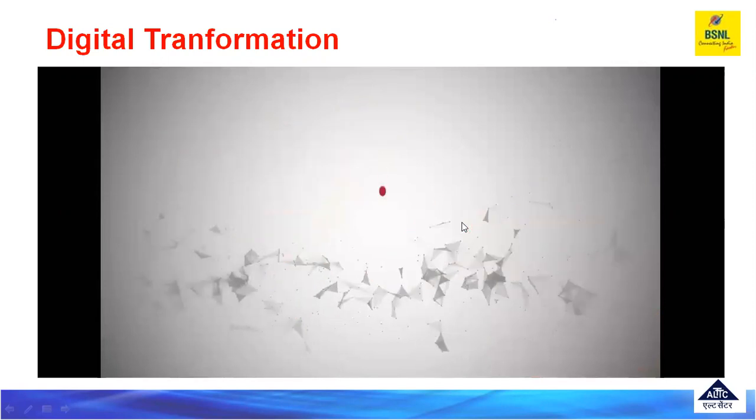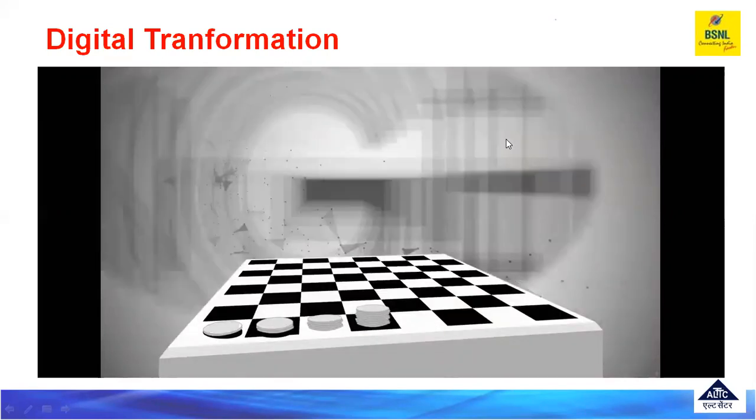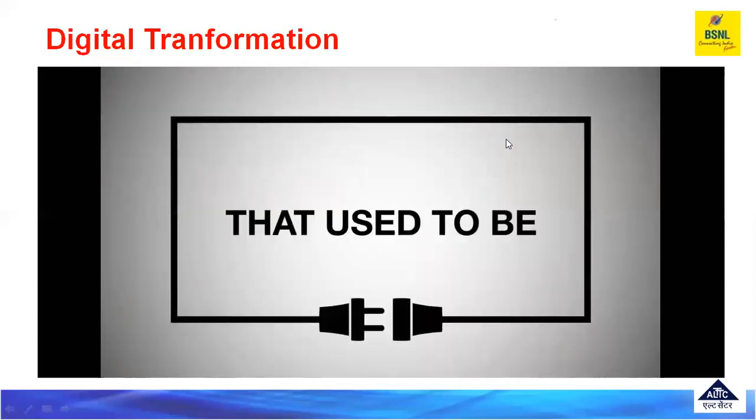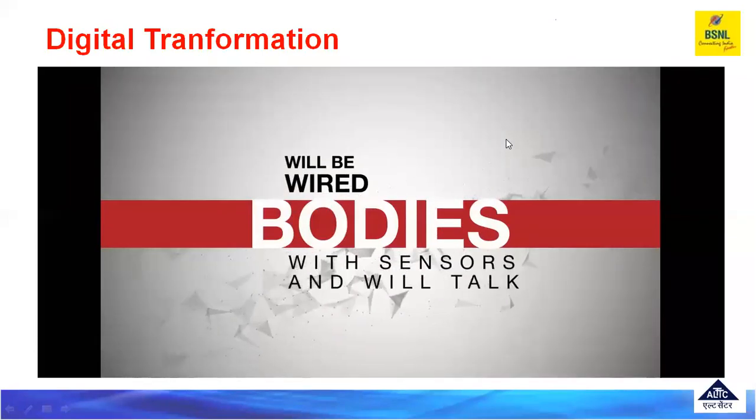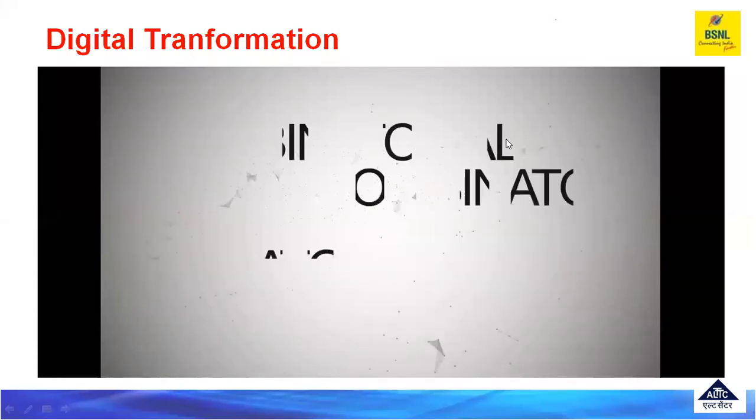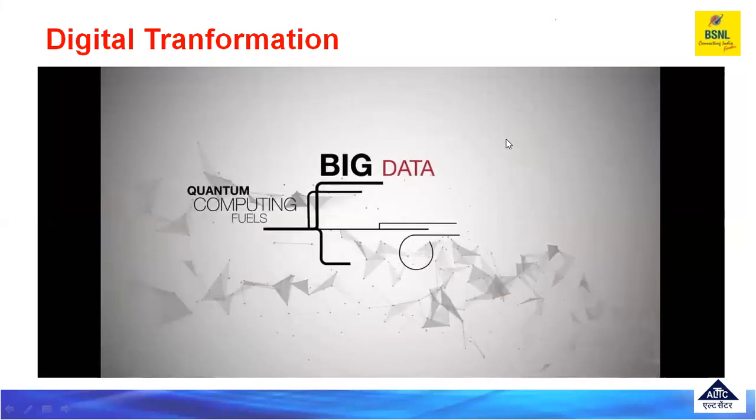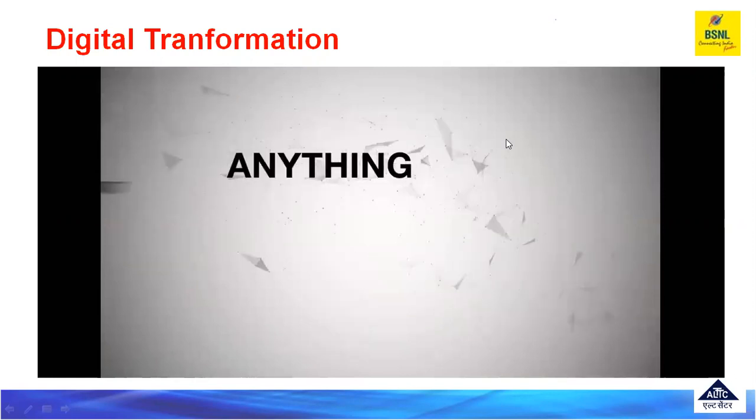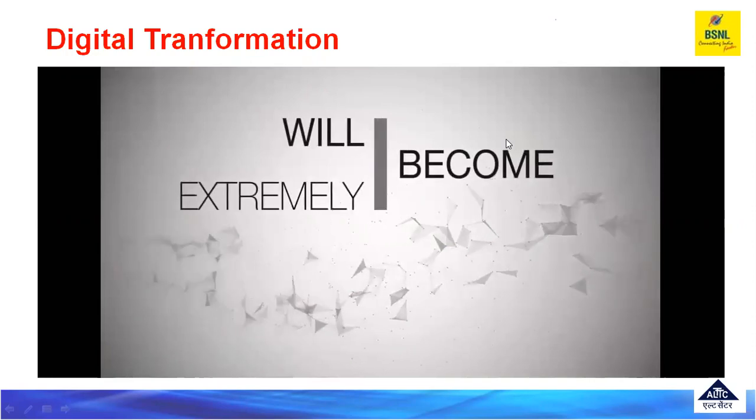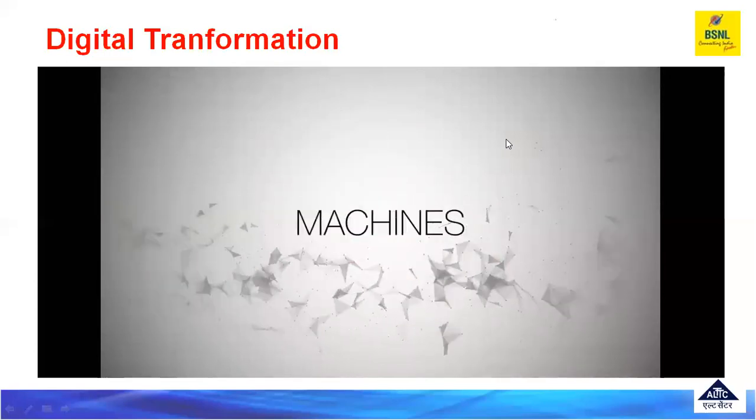Disruption has become the new normal. With change, it's always gradually, then suddenly, well, things really have stopped happening gradually. This change is exponential. Everything that used to be dumb and disconnected is now wired and intelligent. Cars, cities, ports, farms, even our bodies will be wired with sensors and will talk to each other. These game changers are also combinatorial. They amplify each other, creating a perfect storm of change. Quantum computing fuels big data. The Internet of Things fuels artificial intelligence and deep learning, which fuels robotics. However, anything that cannot be digitized or automated will become extremely valuable. Human-only traits such as creativity, imagination, intuition, emotion, and ethics will be even more important in the future, because machines